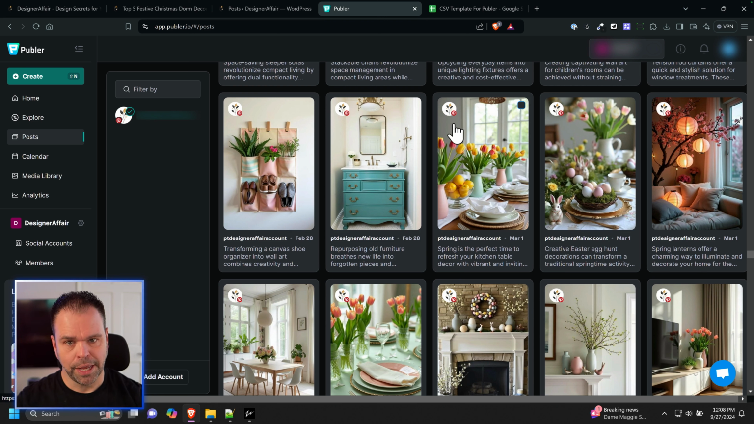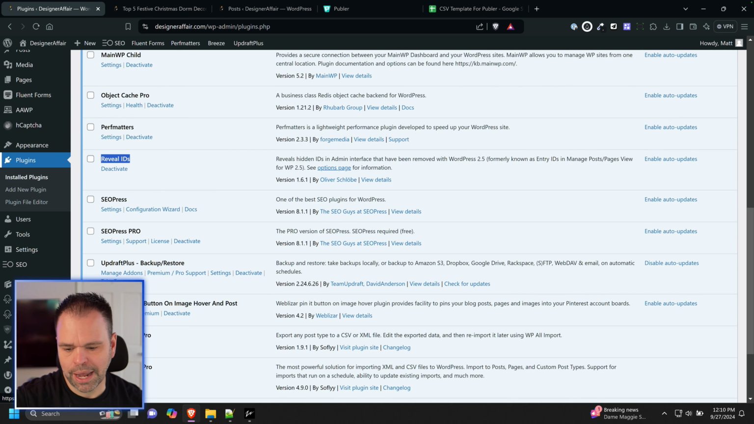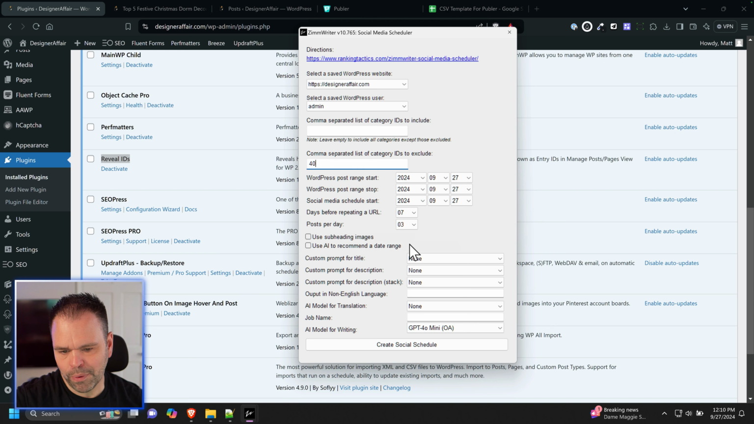So you just install this and it will show you the IDs of all your posts and of all your categories and stuff. I don't want my product reviews being in the schedule and being shared on social because there's a lot of Amazon images in there and I don't want to do that. So I'm going to exclude category 40, but we'll take all the other categories. That works. Then we got to select when we want the start range